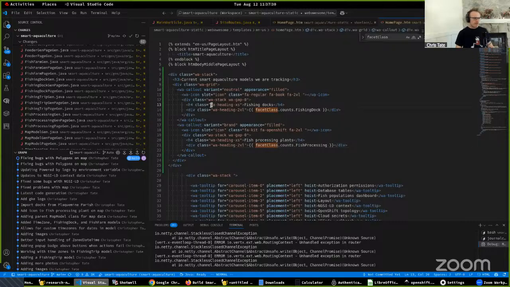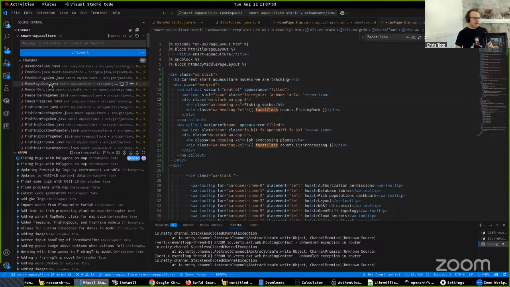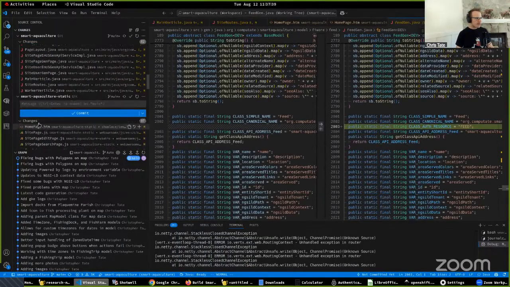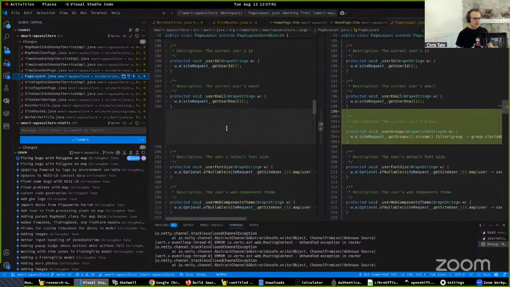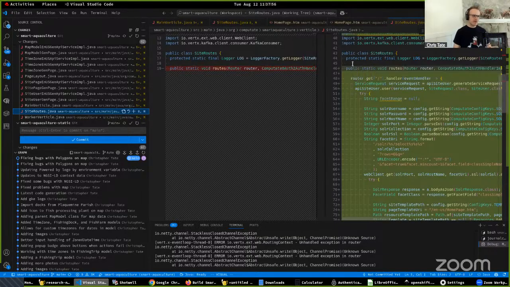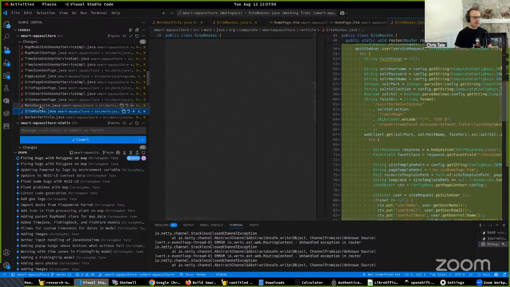Okay, we have a bunch of changes here in VS Code. We've got some new features for implementing multi-tenancy and more advanced access control into the site. And we moved the home page into a separate site routes class so that we can have a home page that is customizable and lets us load some data related to our smart aquaculture